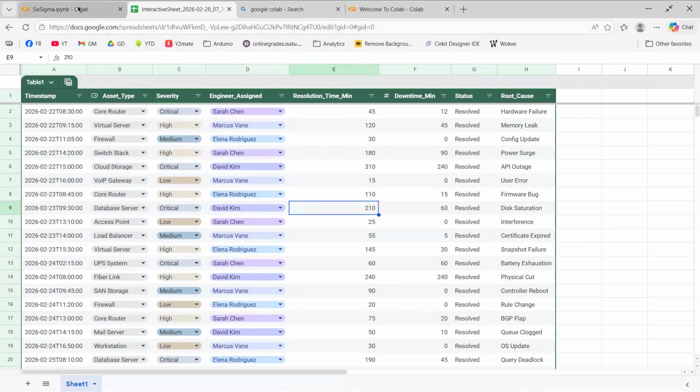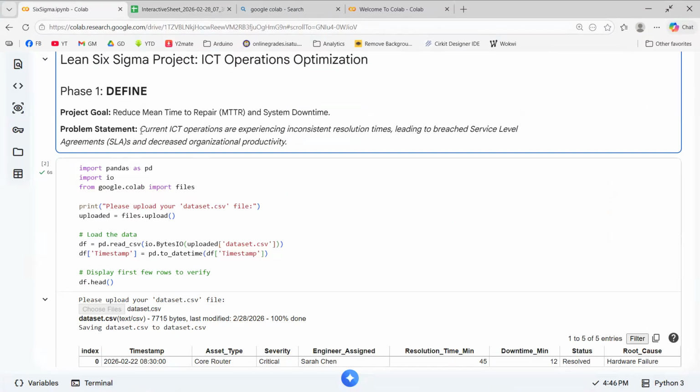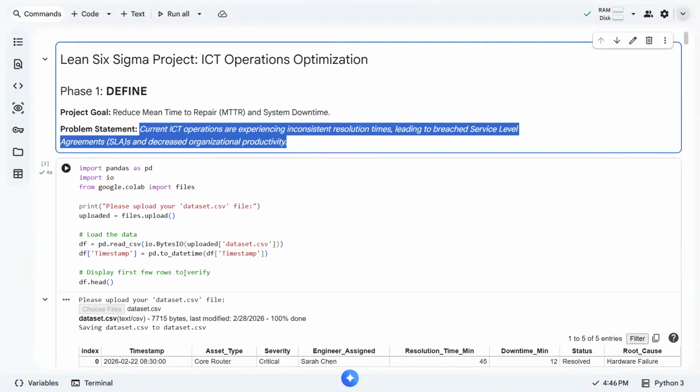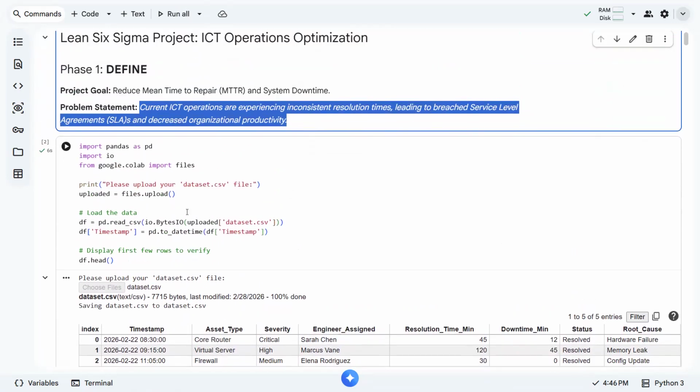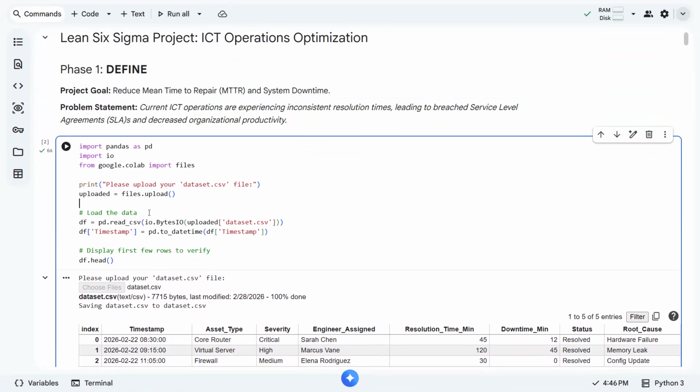Now, this problem statement alone is not clear for our audience, especially to those you discuss this project with. They cannot appreciate it by the mere problem statement only. With the help of Python programming, you can actually present your data using the Pandas library, the IO library, and even Google Colab if you do it via Colab.